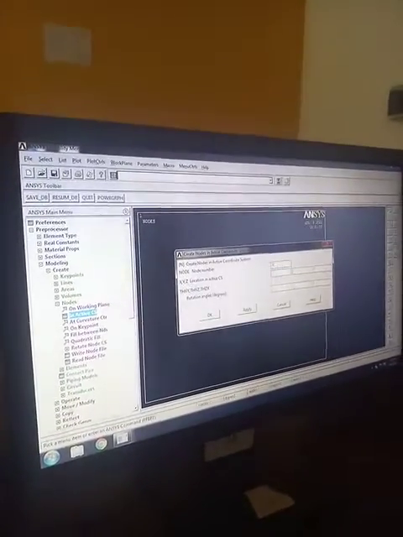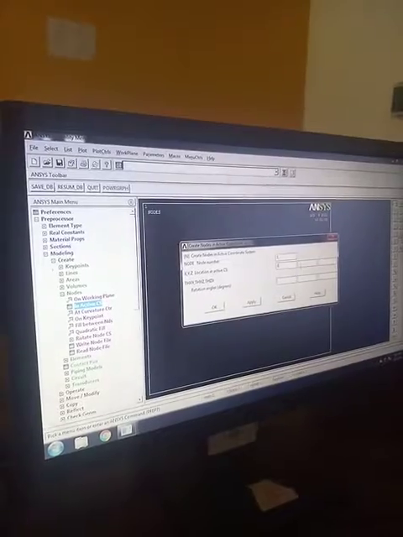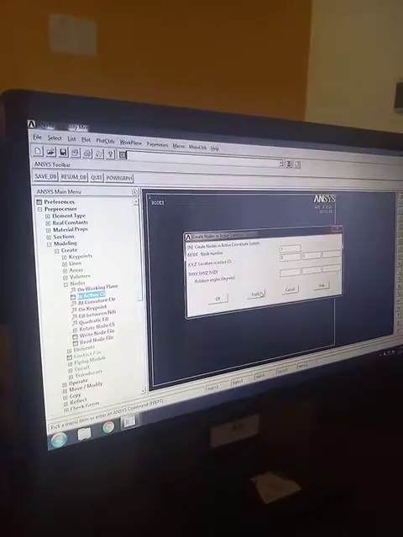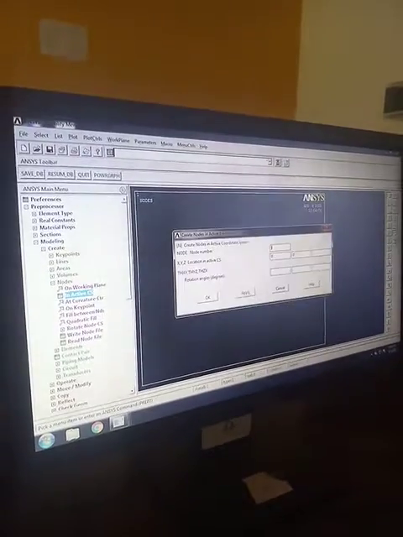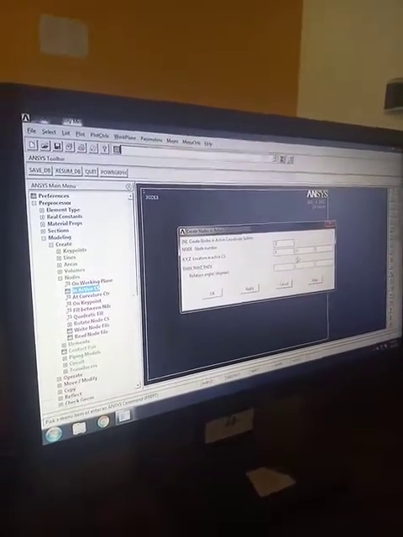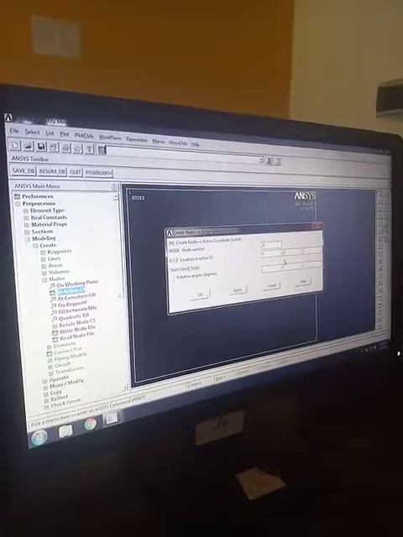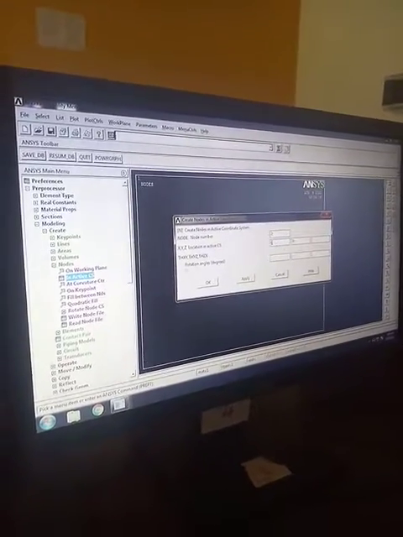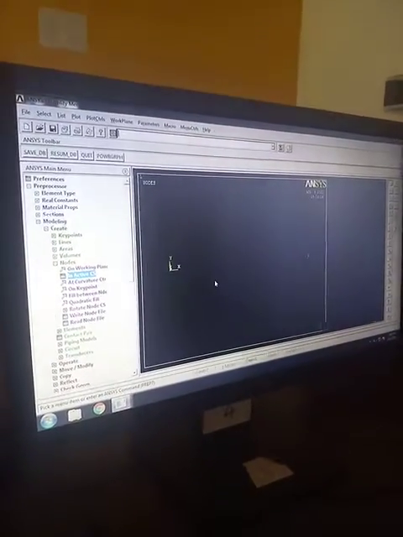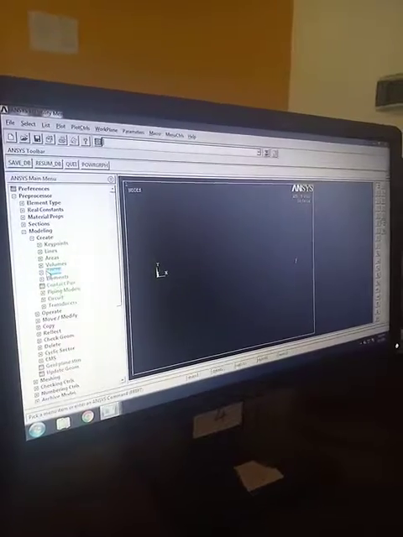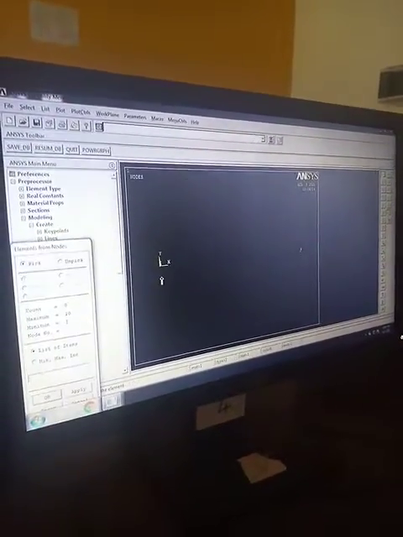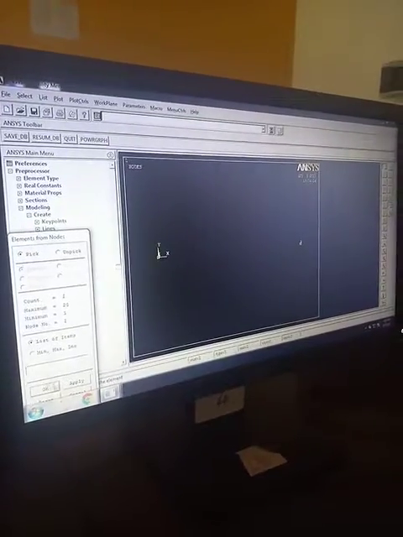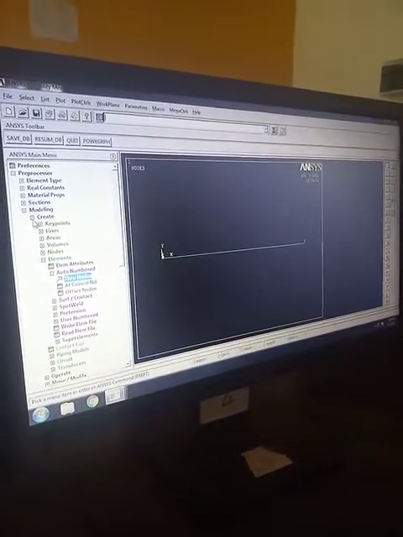So the first node which is here as per the question, as per the FEM model, see the FEM model, first node you will have 0, 0 and in the second node you have 1, 0. Next, after that, we'll go for elements, auto numbered through nodes from first node to second node. So we have created an element.